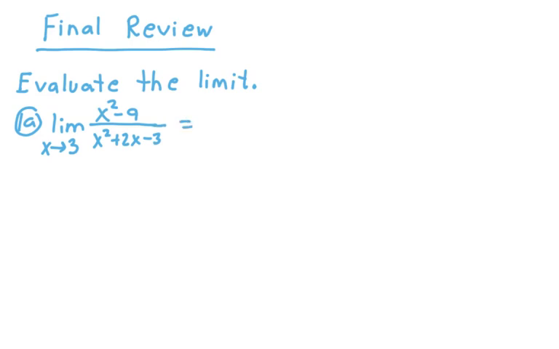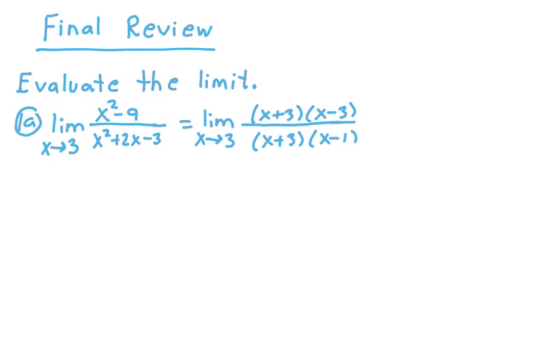So this can be written as the limit as x approaches 3 of... Now, the numerator is a difference of squares, so I can write this as x plus 3 times x minus 3. And if I were to factor the bottom, it would be x plus 3 times x minus 1. Now, the x plus 3's cancel, and what we get is the limit as x approaches 3 of